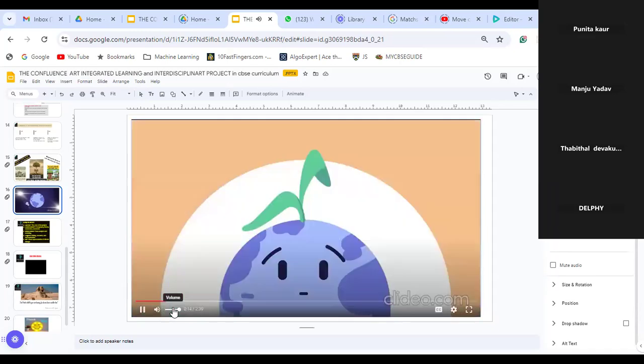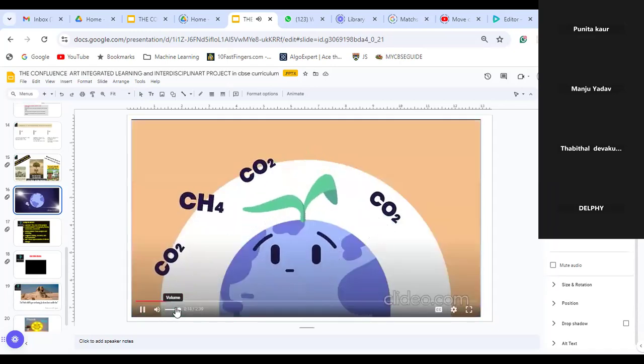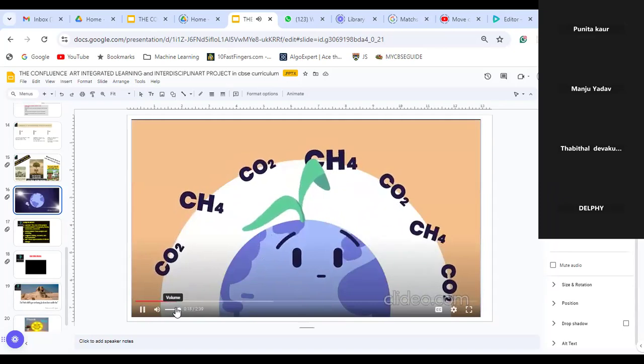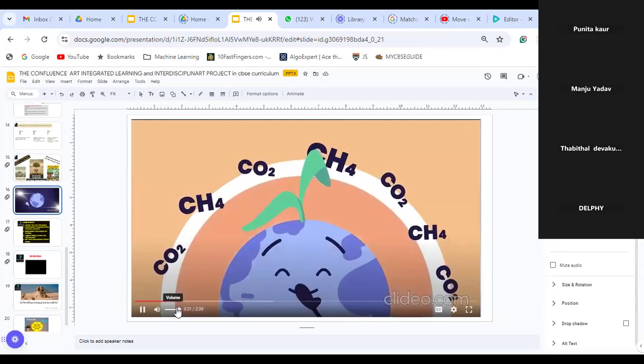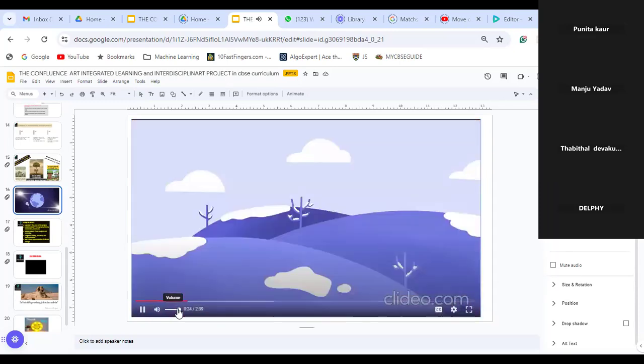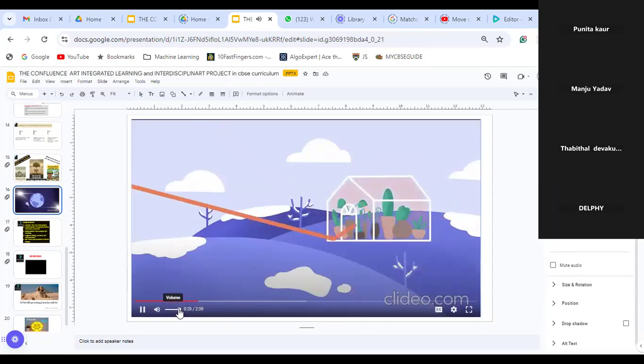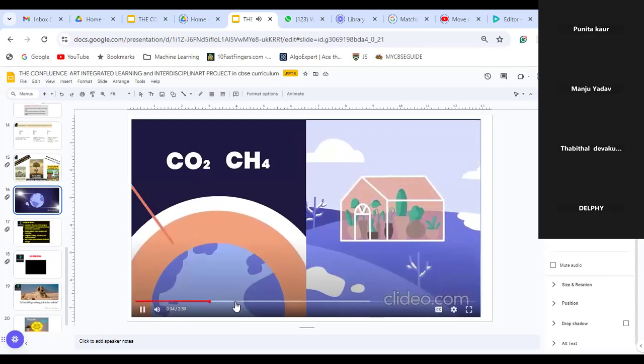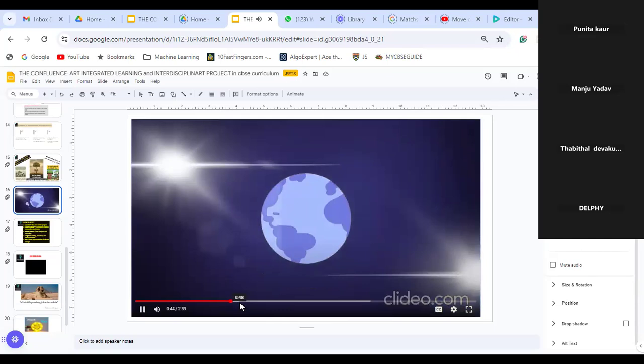And also this was the condition when earlier the earth was giving out this type of gases, which are the greenhouse gases. And these greenhouse gases were also given for the greenhouse making. But gradually, due to global warming, these greenhouse gases are making our atmosphere, the ozone layer, get depleted, and the atmosphere is also getting totally spoiled. So children know it very well how to do this type of project.